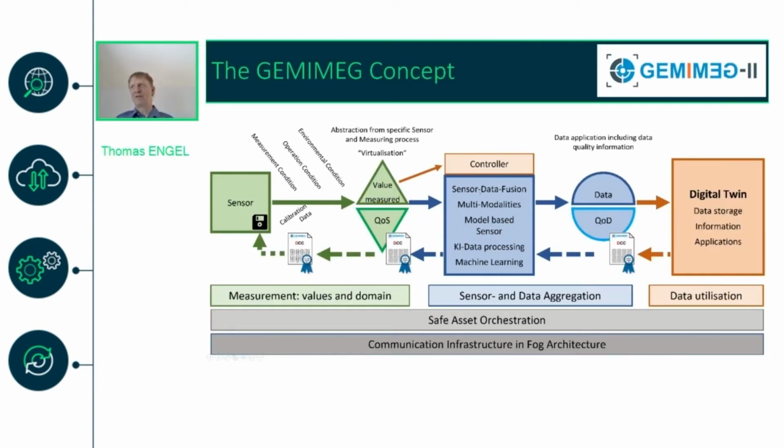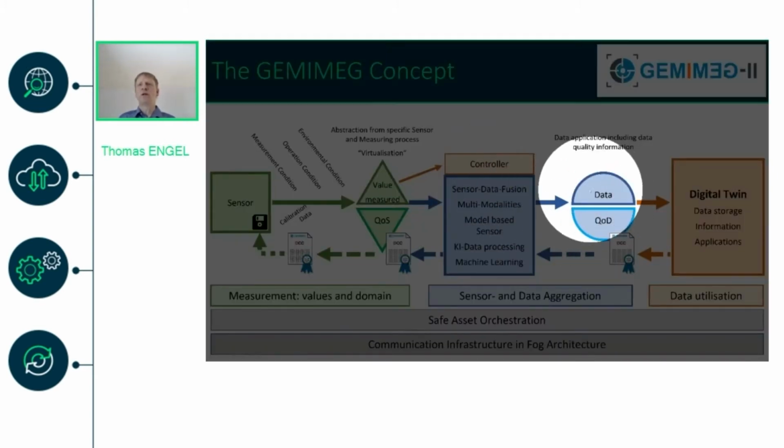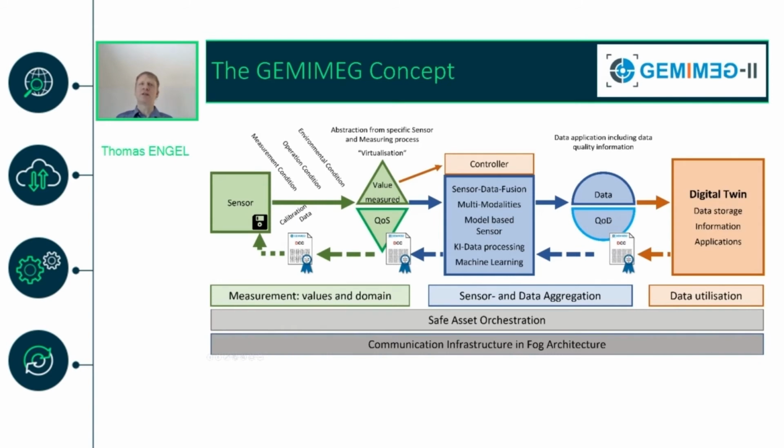So when we do have the data from multiple sensors, which need to get fused in the sensor data fusion, have multimodalities, and so on. The data is used, plus each datum from each individual sensor is carrying also its quality of sensing information. And when we do have then the fused data, in the end, we do have an output here with the data and also feed through a quality of data information, which is generated from the quality of sensing information,